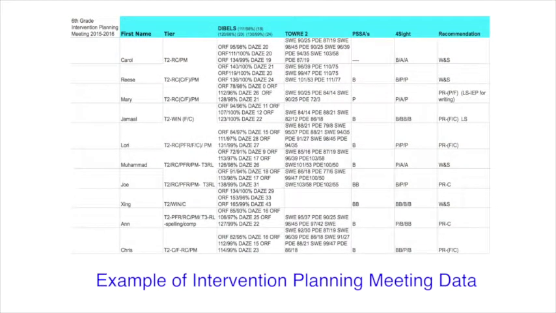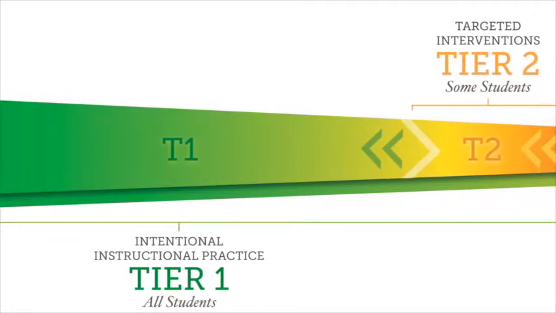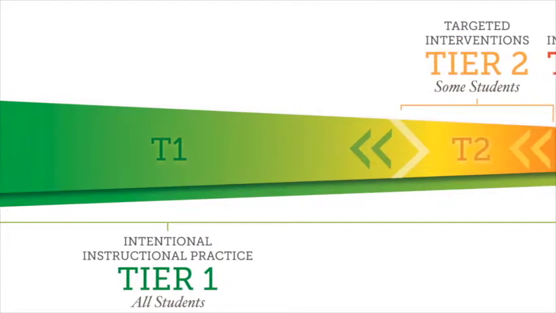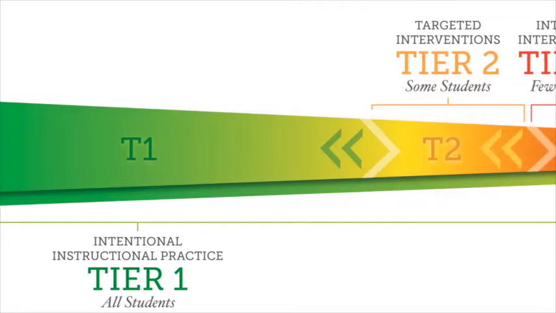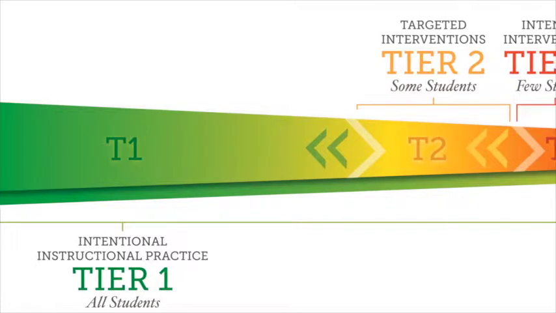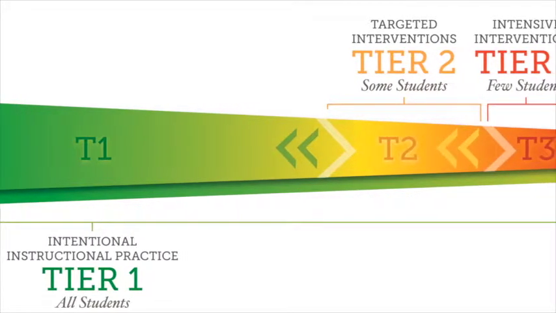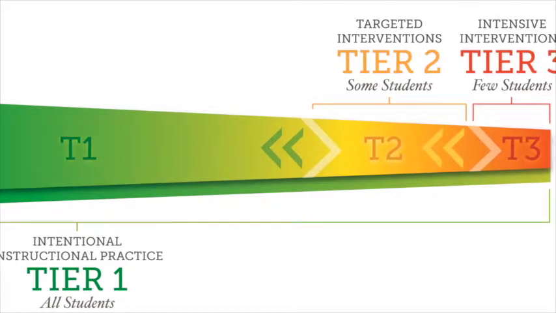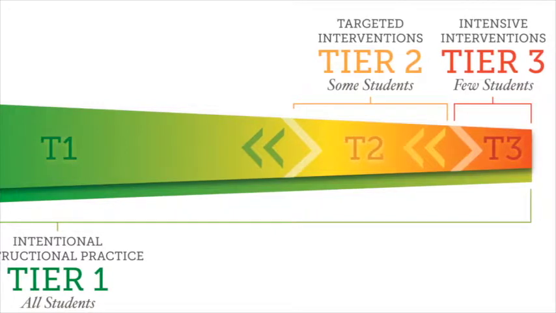The use of these intervention blocks allow for mobility between tiers, or different levels of support based on student need. Movement between tiers allows for students to receive more intensive instruction if necessary, and also allows students to exit intervention classes once they've made adequate progress. Mobility between tiers is important to appropriately meet the needs of students, and it can also help to increase student motivation.